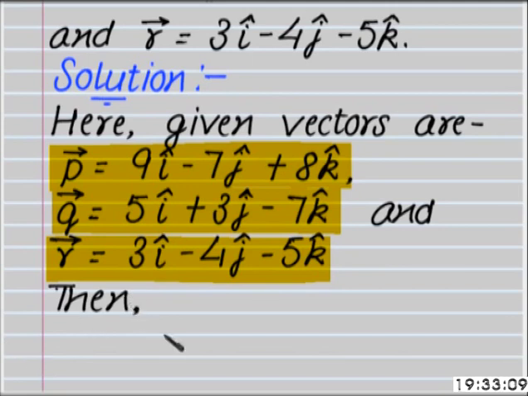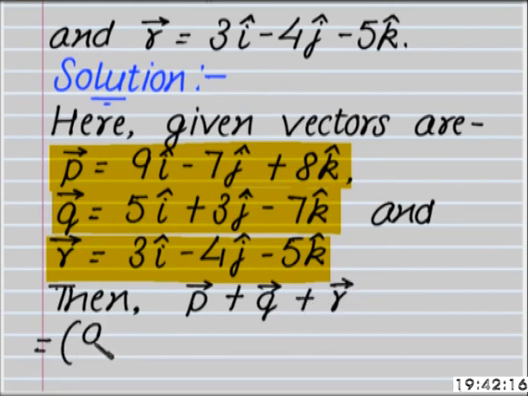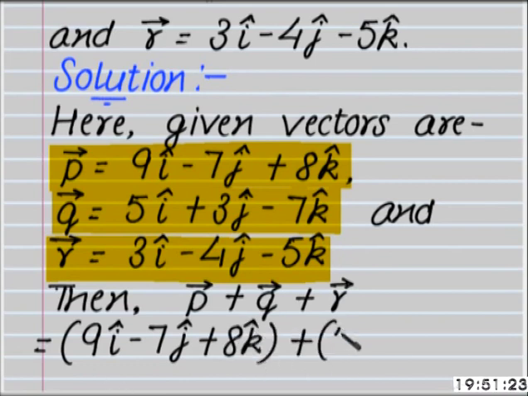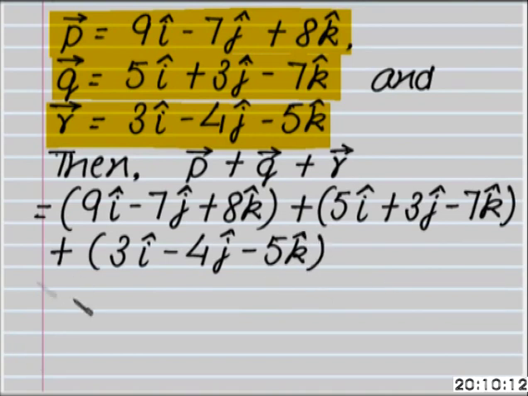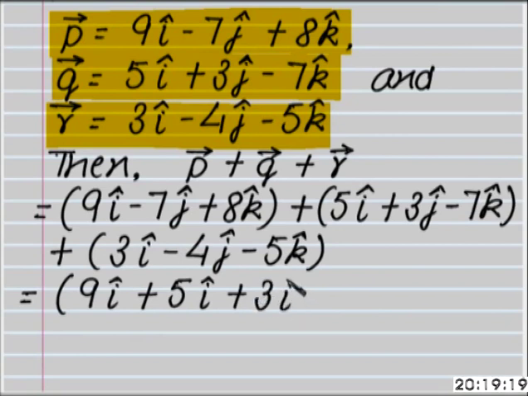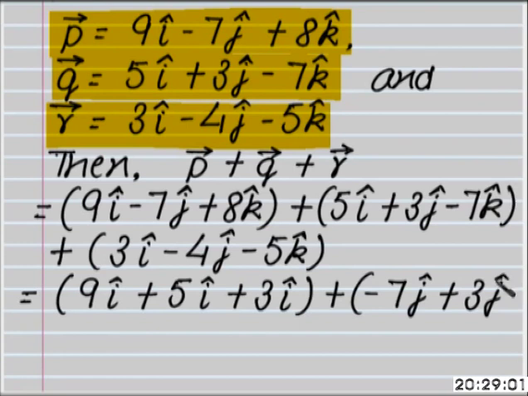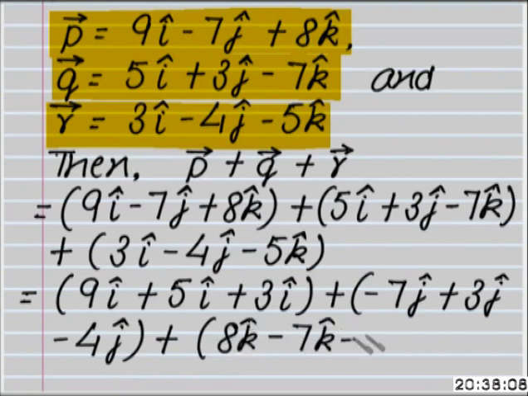Then vector P plus vector Q plus vector R is equal to 9 I cap minus 7 J cap plus 8 K cap plus 5 I cap plus 3 J cap minus 7 K cap plus 3 I cap minus 4 J cap minus 5 K cap, that is further equal to 9 I cap plus 5 I cap plus 3 I cap plus minus 7 J cap plus 3 j cap minus 4 j cap plus 8 k cap minus 7 k cap minus 5 k cap,